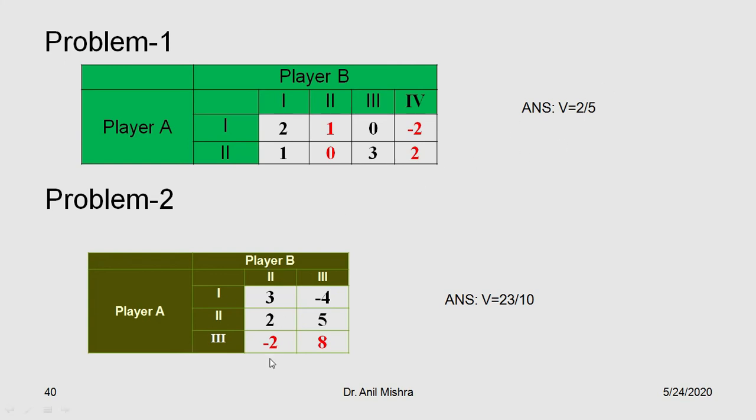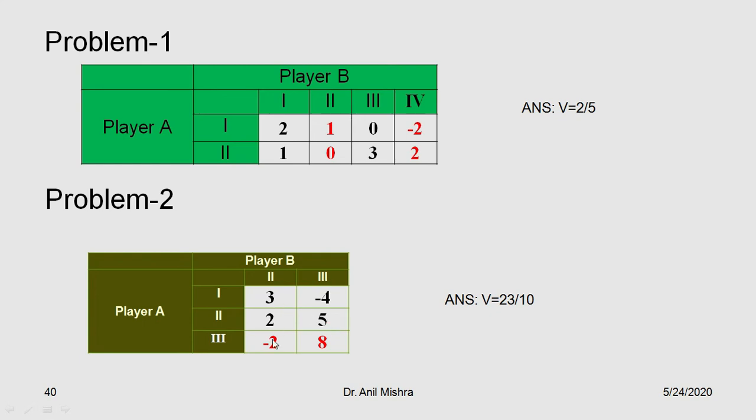In the same manner, in the case of an m cross 2 matrix, there are m rows and n columns. In that case, again you have to plot it on the graph paper, minus 4, 3, 5, 2, 8, minus 2. From the top side, pick the minimum point, and while finding the minimum point, these two intersect each other at that particular point. Then find the value of the game by computing AD minus BC.